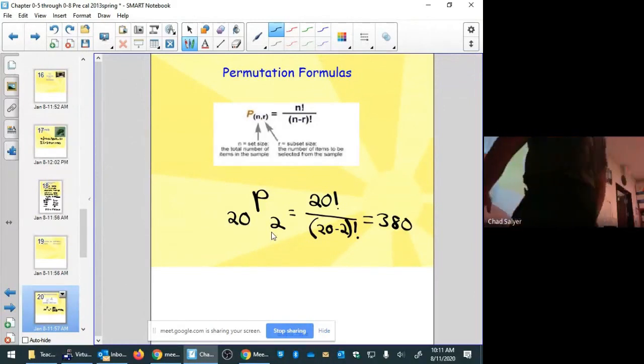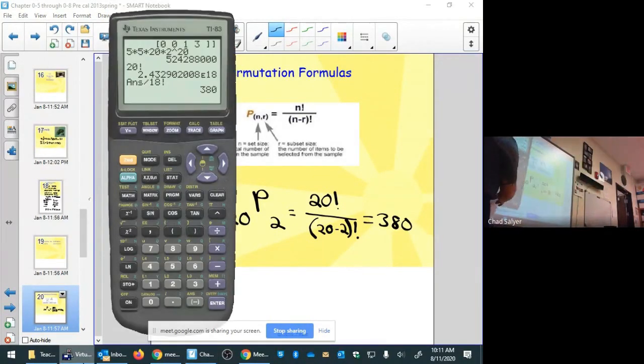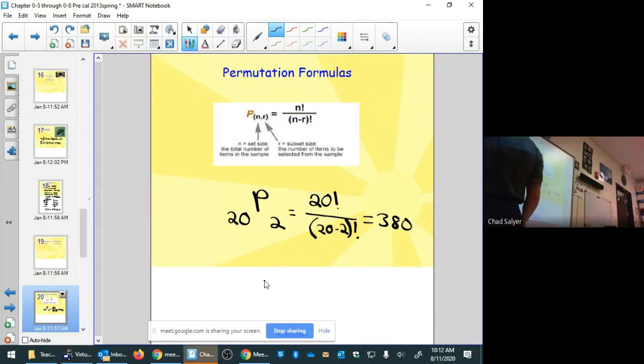So in a TI calculator, if I type in 20 and then go to math and over to the probability menu, option 2 is nPr. I'll put in 2, and it tells me there are 380 permutations for choosing 2 out of 20. All right, now